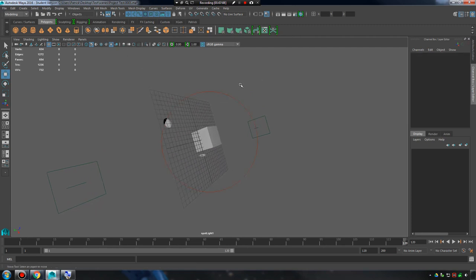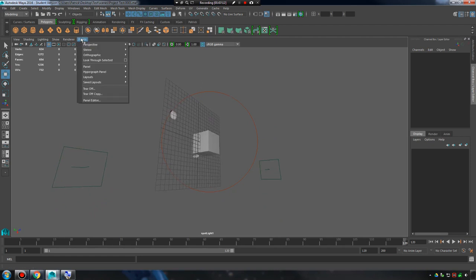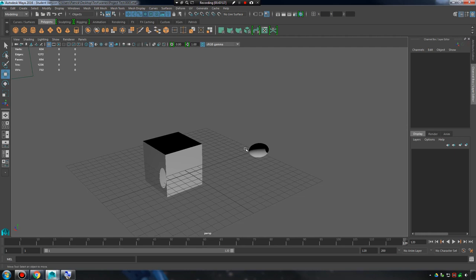After you get done with that, it can be a little confusing. I'm still in my spotlight. We'll go to panels, perspective, and go back to your perspective. I don't expect you guys to use that too much, maybe until the very end of the modeling course you're taking right now. All right. Next, we'll get into